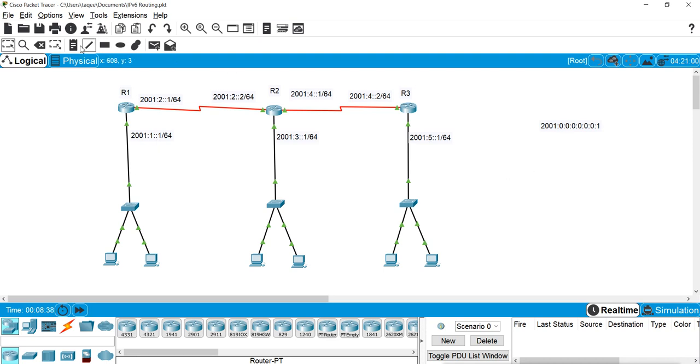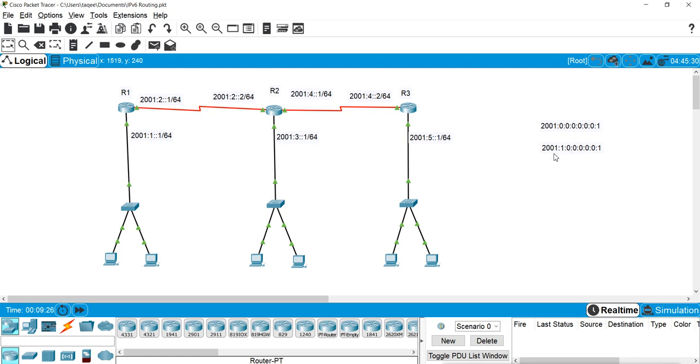Now what that means: I have shortened the address, but if I expand the address, it will be like this, colon 1, then colon 0, colon 0, colon 0, colon 0, and then 1.